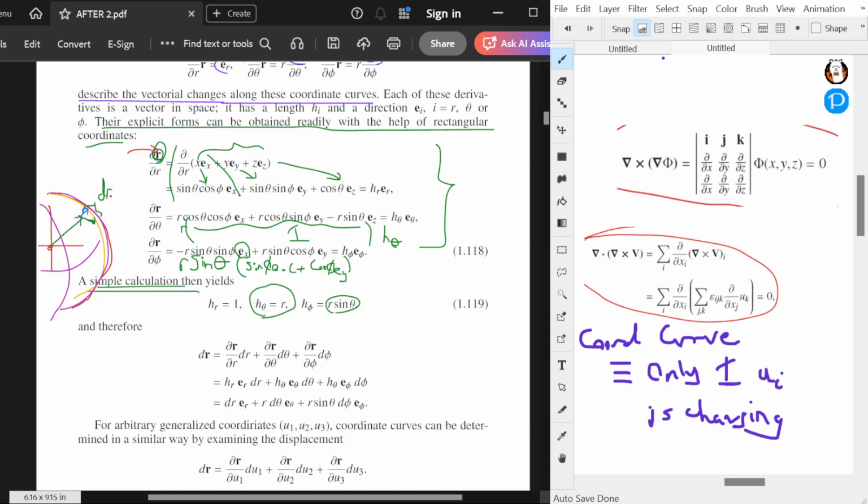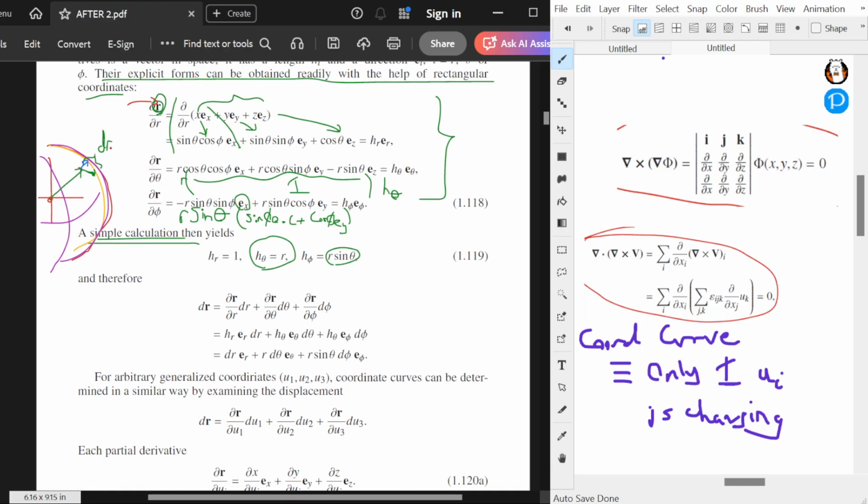But at least this is cleared up to me now. This is not radius, this is R, position vector R. And therefore the change in the position vector equals